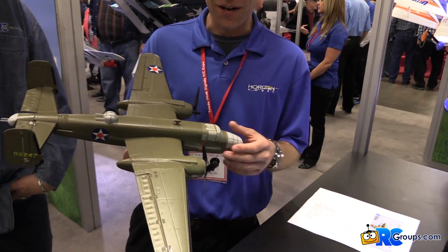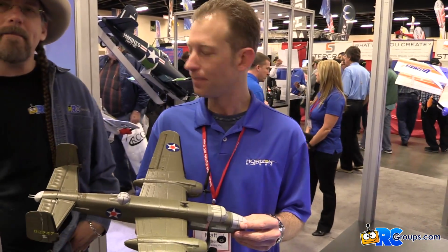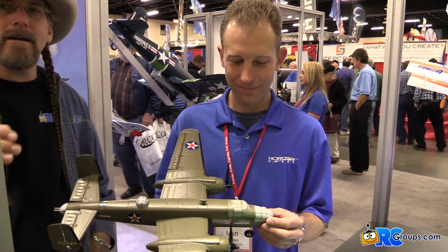And the cool thing is, you got a couple buddies. You can each do a different nose art, so each airplane's a little different. Maybe a micro FPV cam in here, and then you're...